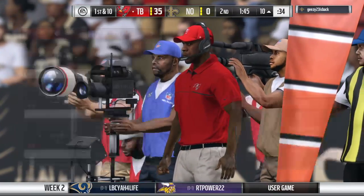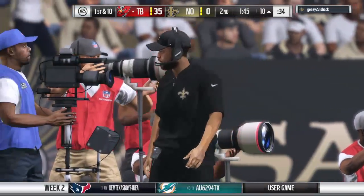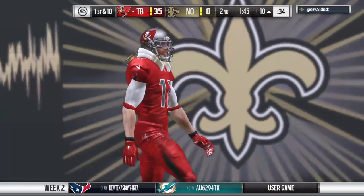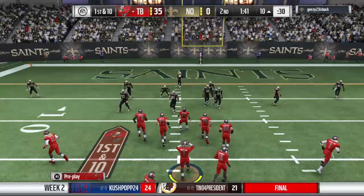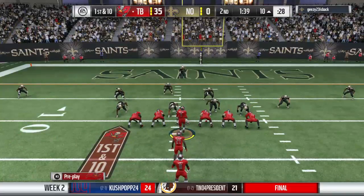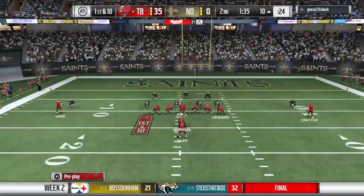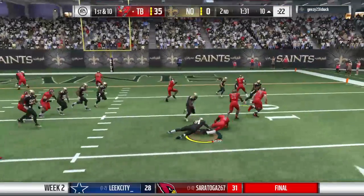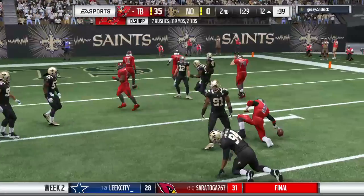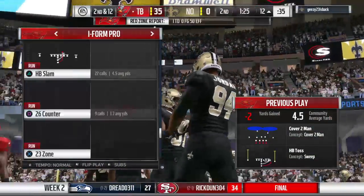An ex-teammate used to tell me all the time, I hate experienced quarterbacks because no matter what, you really can't hide what you're doing. And I think that right there, he knew right away where the blitz was coming from, where his primary guy was going to be, and he ended up going to a secondary target for a nice game. I was just going to ask you, that wasn't the primary target. He's so good at that, isn't he? I think he knew right away that he wasn't going to get to his primary guy. I think he read that as soon as he got to the line of scrimmage, knew where the pressure was going to come from, and said...